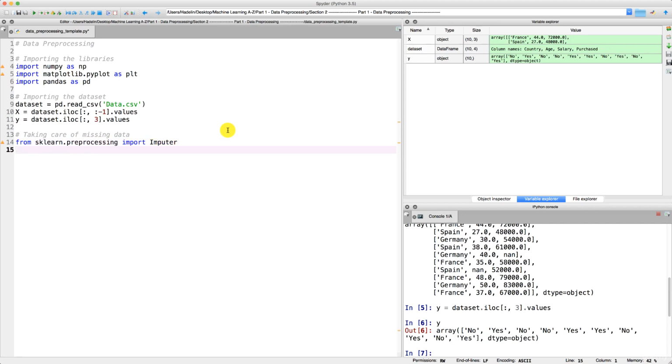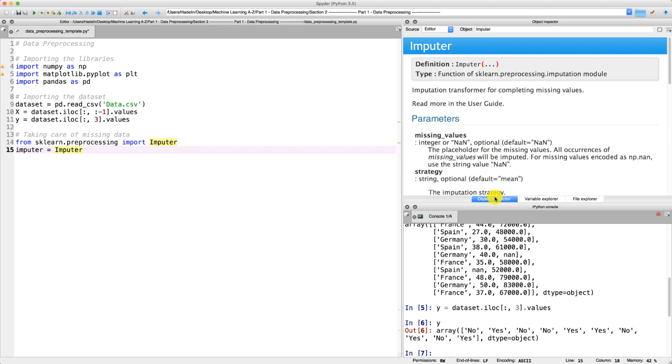Okay, and now that we imported the class, we now need to create an object of the class. So to create this object, we are going to start giving a name to this object, and we're going to call it imputer. Let's make things simple. Imputer equals, and now we're going to call the class that we just imported, which is imputer with capital I. And then now a good thing to do is to press Command I to see the object inspector here. Command I is like Command inspect. So we are inspecting the imputer here